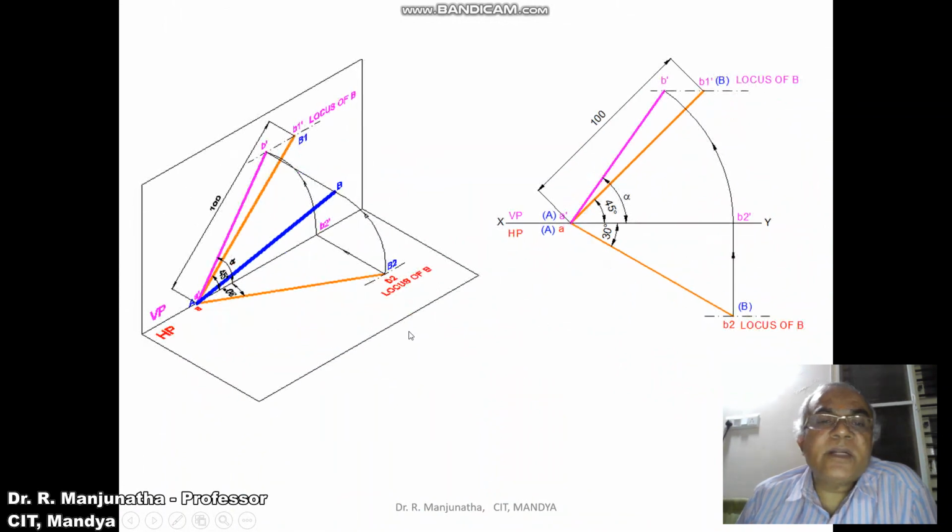Similarly, when you are considering the other way, capital AB2 is the true length line in the top view, which is rotated in space such that it will be above HP by this distance. And when you look from the front view, that image will fall here. So the image you are rotating in space is taken from here, rotated such that it cuts the locus of B here. You mark this point B dash and join A dash B dash with a dark line.